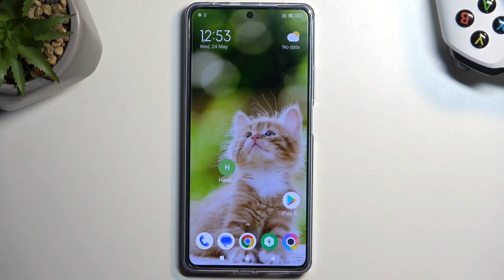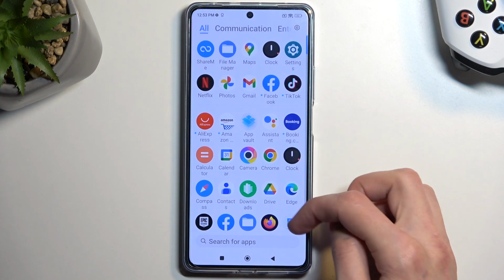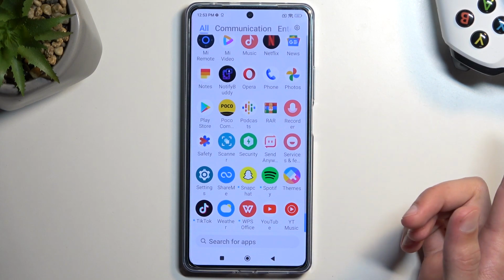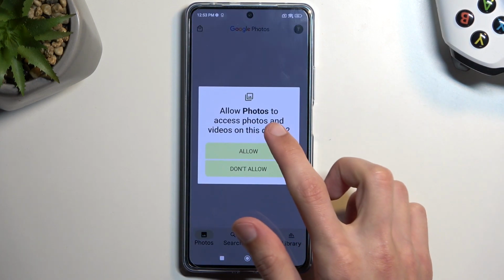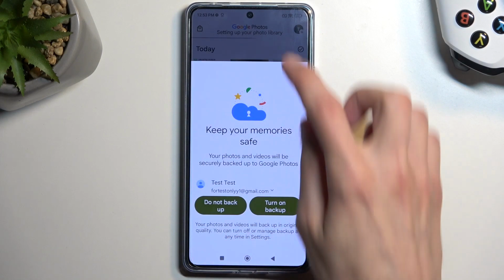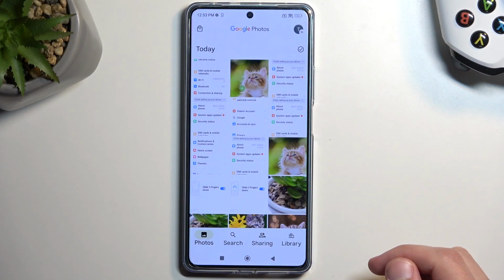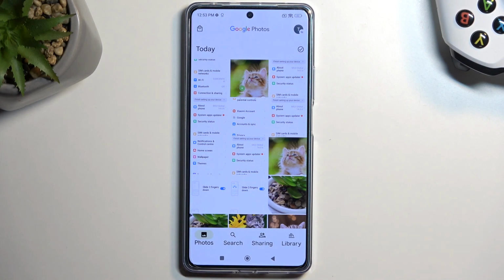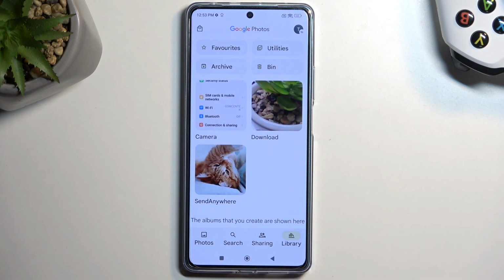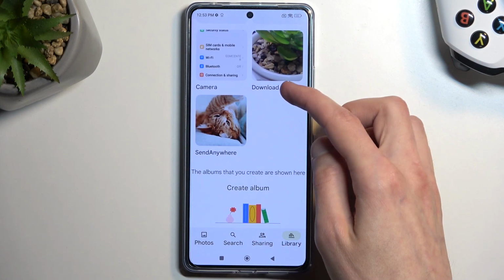Now once you have captured your screenshots, you can find them in your Photos application right here. Now, your screenshot will be visible either if you just captured it right here at the very top, but if you want to find it later on, once you have captured some photos and other stuff throughout the time, it might be easier to locate your screenshots by going into the library right here at the bottom and then selecting